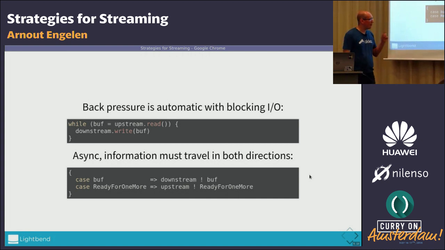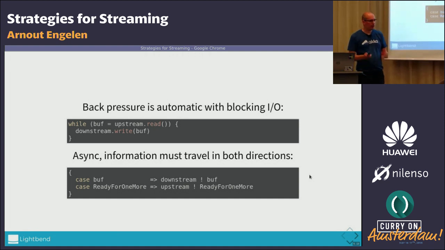And the interesting thing is that it doesn't only work for, because so far we've had fairly simple one-to-one streams, but this actually composes pretty nicely. Because if you have a chain of a number of actors who all work this way, so you might have a filter and you might have a mapping, or you might have something that accumulates data until it sees a complete message and then interprets the message and sends that downstream.